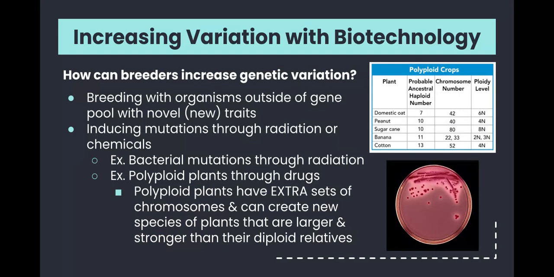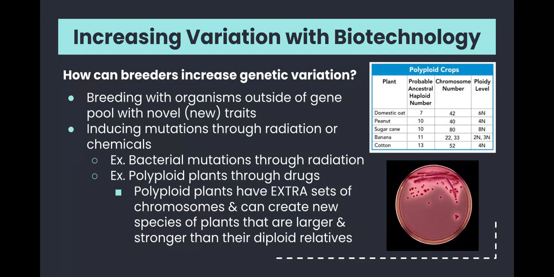And also there's this term called polyploid plants. These are plants that have undergone drug treatments that then lead to the creation of an extra set or extra sets of chromosomes rather than just the diploid that we typically know of. And these polyploid plants typically are stronger and even